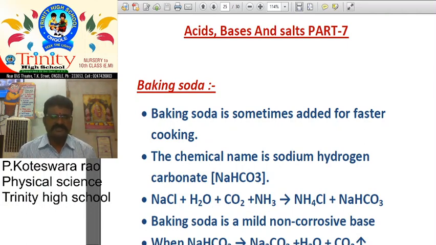Is it a balanced equation? How can you check? How many Na atoms are here? Only one atom. So there must be how many atoms on the right-hand side? One Na, one Na. So Na is balanced. How many chlorines here? One atom of chlorine. What about here? Here also one atom of chlorine. Okay, it is also balanced.